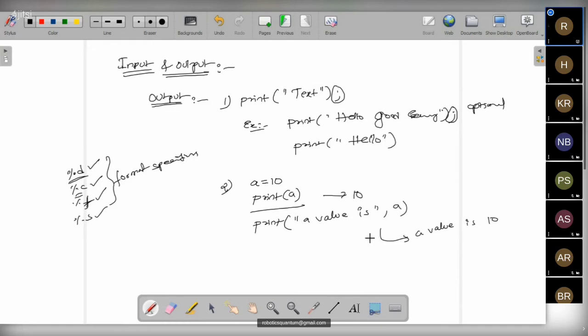If I keep a colon here, the colon will be printed: a value is colon 10.